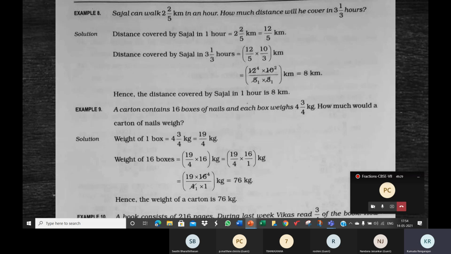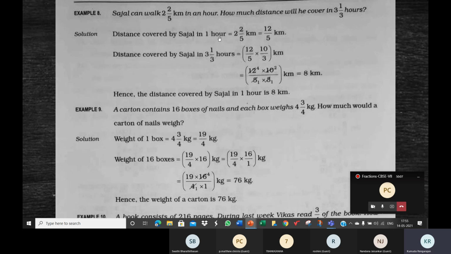So what I'm saying is replace the mixed fractions. Use a different number, not smaller. Use a natural number, numbers like 2, 3, 4, 5. Use such numbers and you read the question in your style. So like how I read it, Sajal can walk 2 kilometers in an hour. How much distance will he cover in 3 hours? That we understand. 1 hour, 2 kilometers. So 3 hours, it'll be 2 into 3, 6. So we did 2 into 3, right? Do the same thing here. So you'll have to multiply these two numbers.